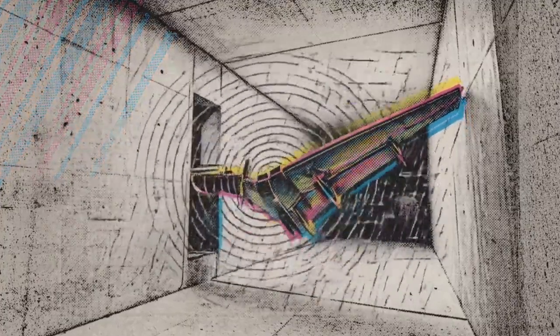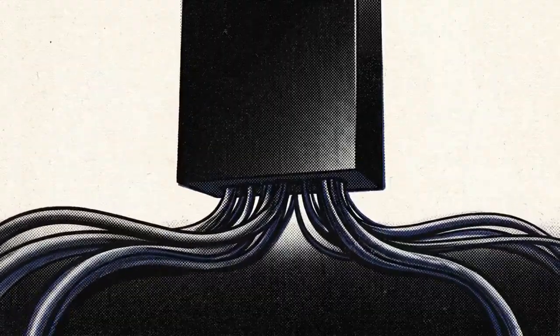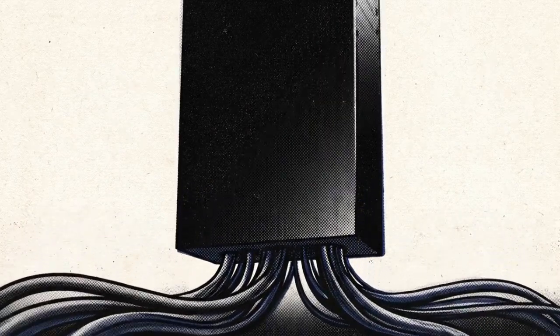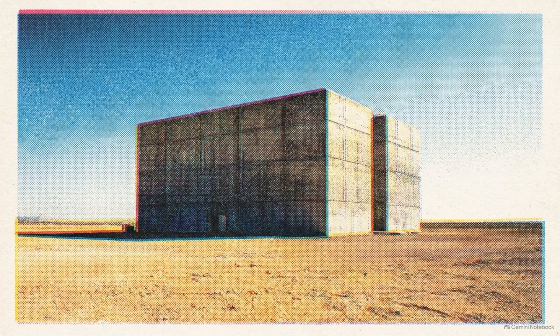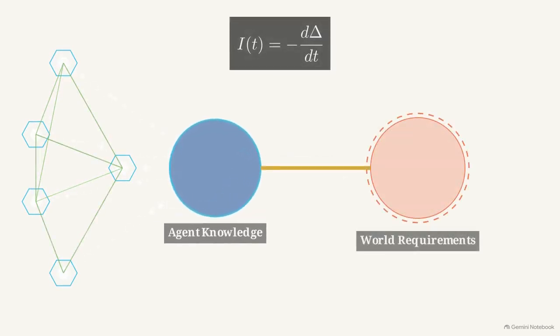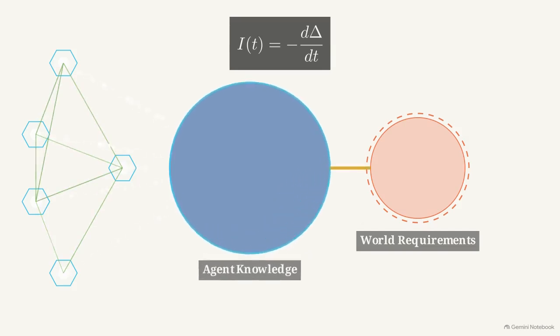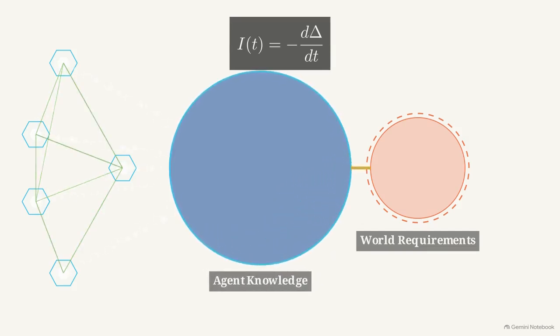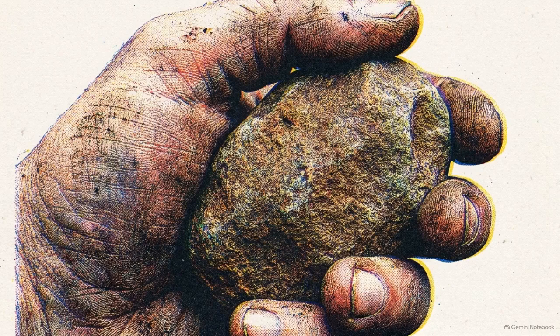Scale maximalists seek to centralize intelligence inside a massive server farm, hoping that enough compute and data will eventually force a breakthrough discovery. They are sealing a model away from the world and waiting for it to autonomously derive new physical laws. But intelligence exists as a verified flow of discovery. It's the process by which a distributed system reduces the gap between what an agent knows and what the world requires. Mind cannot be separated from consequence. True intelligence is impossible without the capacity to act in the physical world and suffer the friction of being proven wrong.